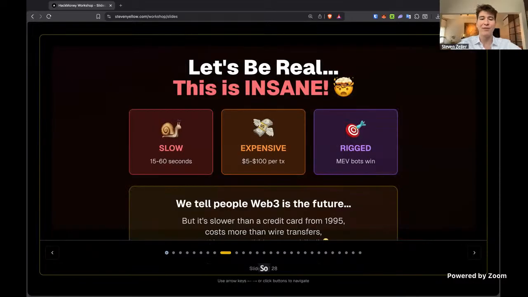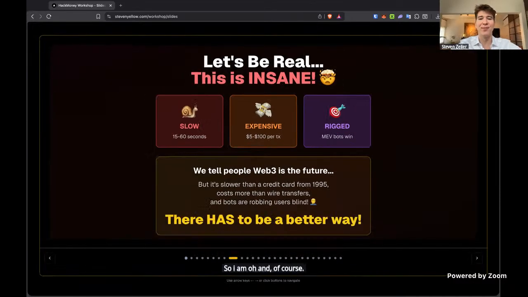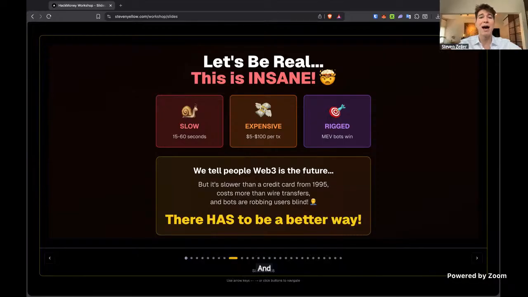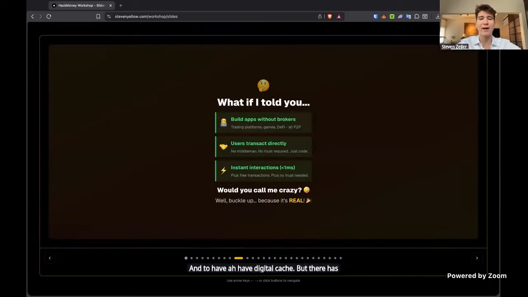It's kind of insane how much you can pay on DEXs and interacting with smart contracts. But we all love Web3 and the power of using blockchains to settle currencies and to have digital cash. So there has to be a better way.